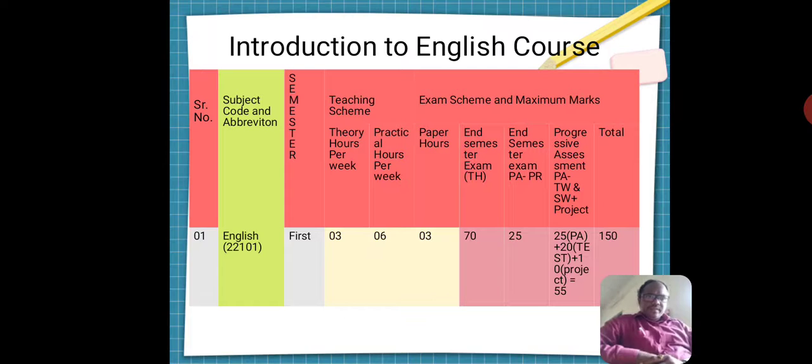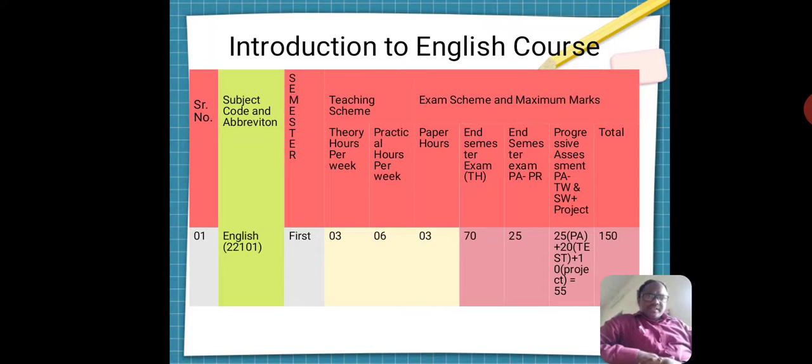As you see in the table here on the screen, this subject has 3 theory hours per week. Actually, we have this semester of 16 weeks, and per week we have 3 theory classes.